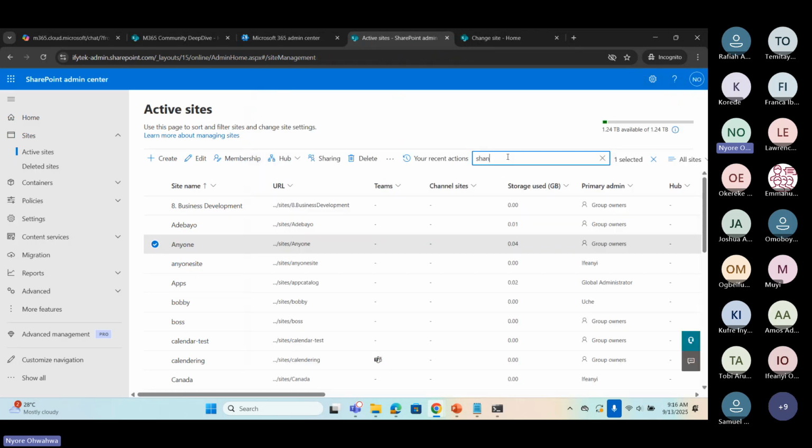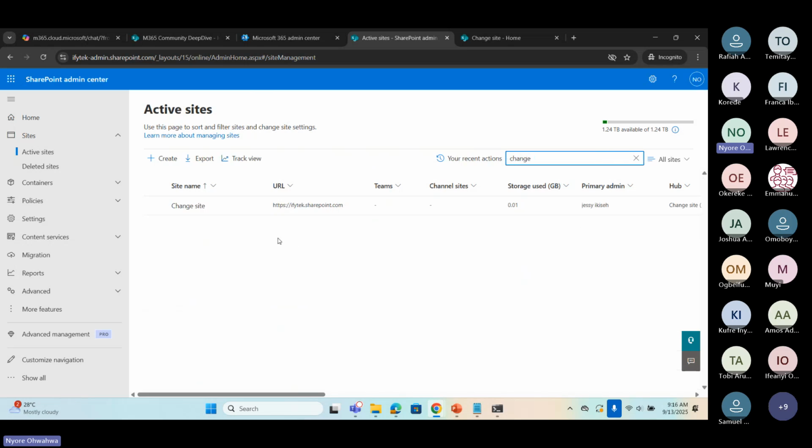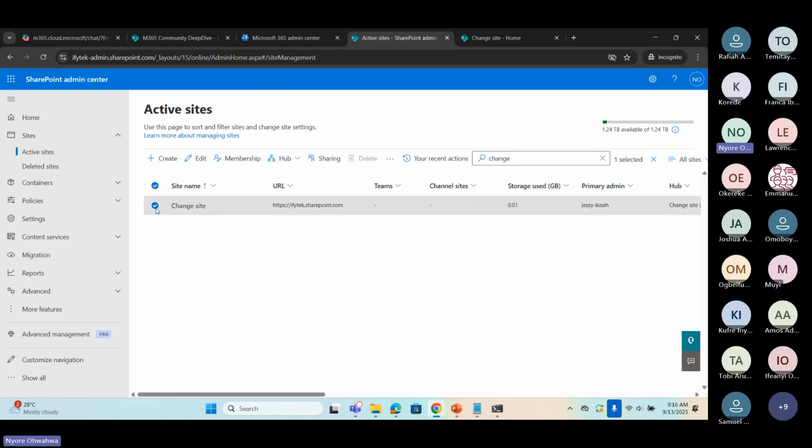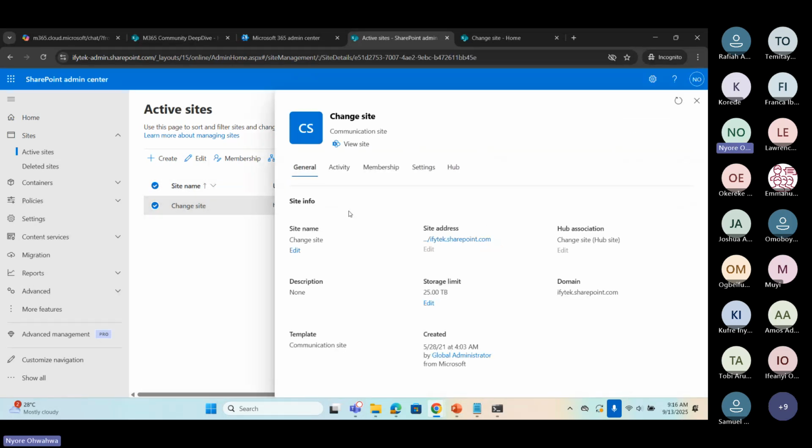So on my own root site, you can manage sites, you can manage site admins, do every other thing on a root site. You can change the name.